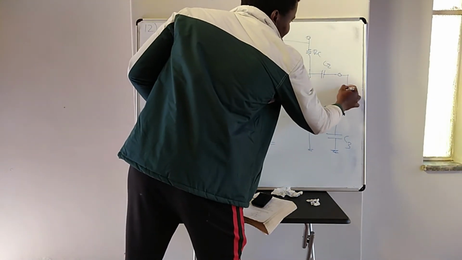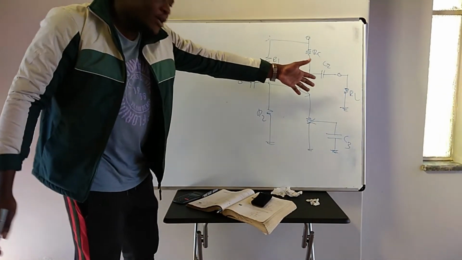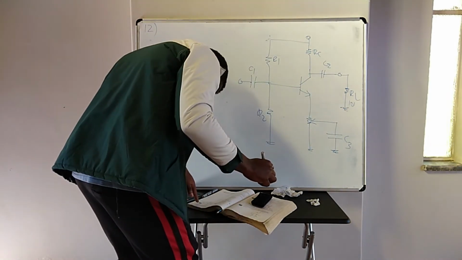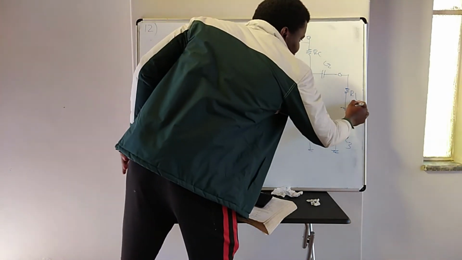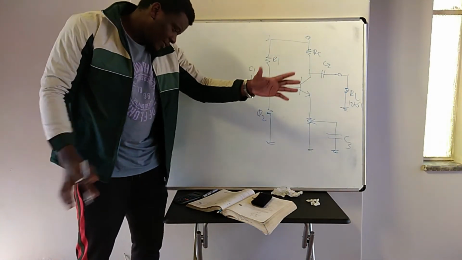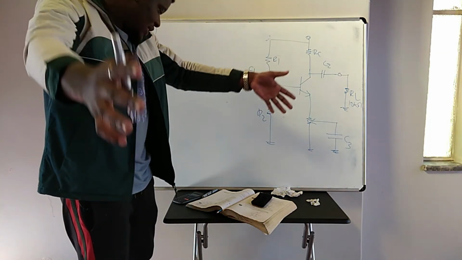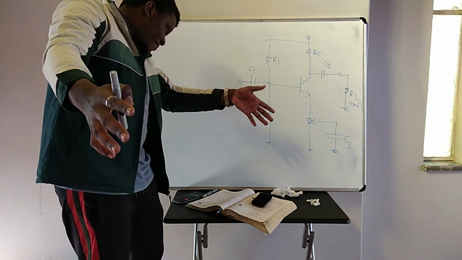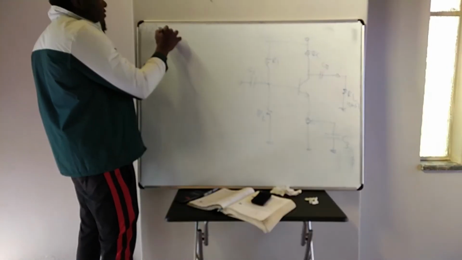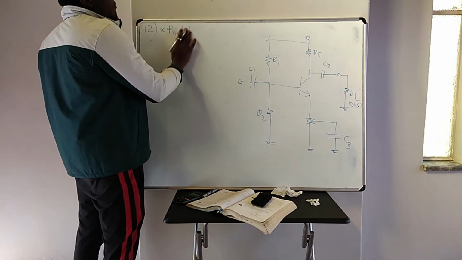So they add a load resistor here, R load, which is 10 kilo ohm. They add a load here in that question number 12. And they say repeat the problem number 11. So when I repeat problem number 11, same thing, I need to calculate now R in total, R in base.